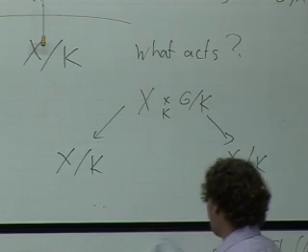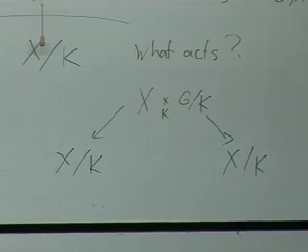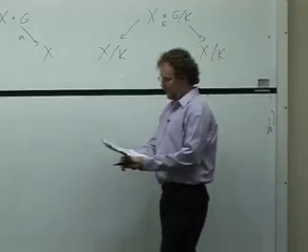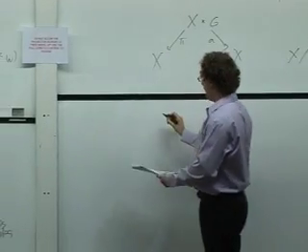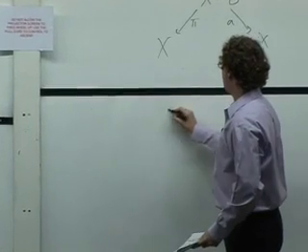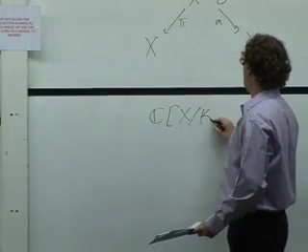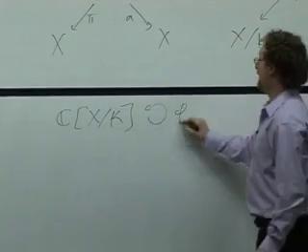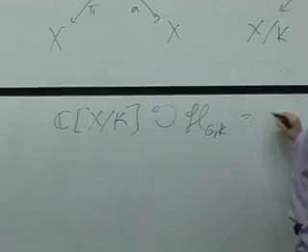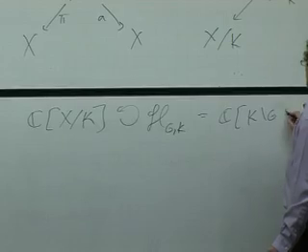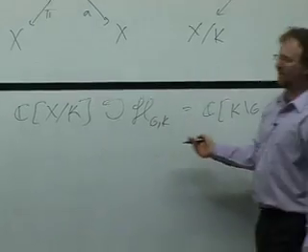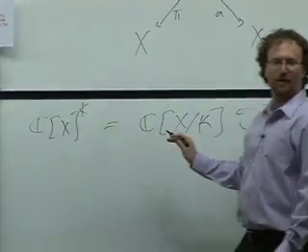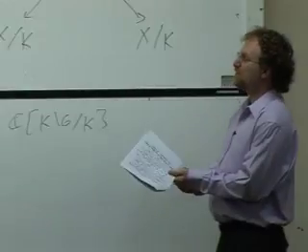And so this means that if you pass to the level of functions, the nice thing about functions is you can pull them back and push them forward over a correspondence. So we get that functions on X mod K carry an action of functions on K mod G mod K, which is the Hecke algebra. In fact, this is the same statement we had before, because this is just functions on X, taking the K-invariants. So if you don't want to think about this algebraically, you can think just geometrically.